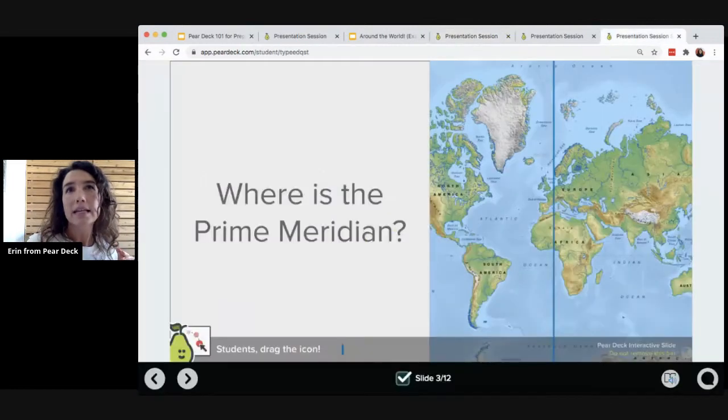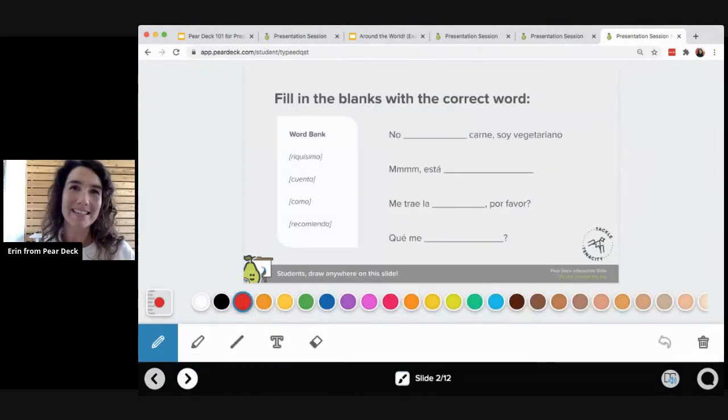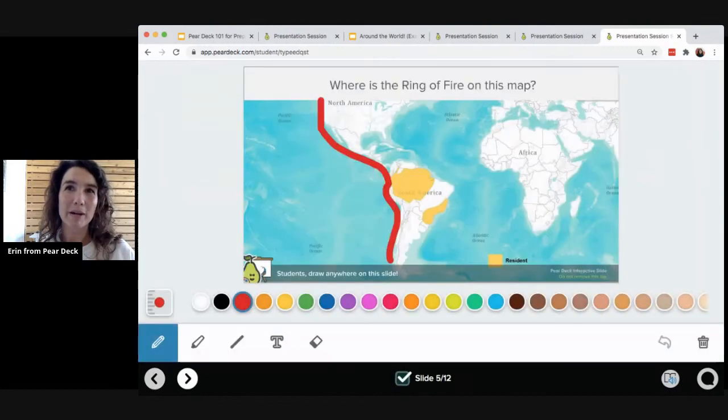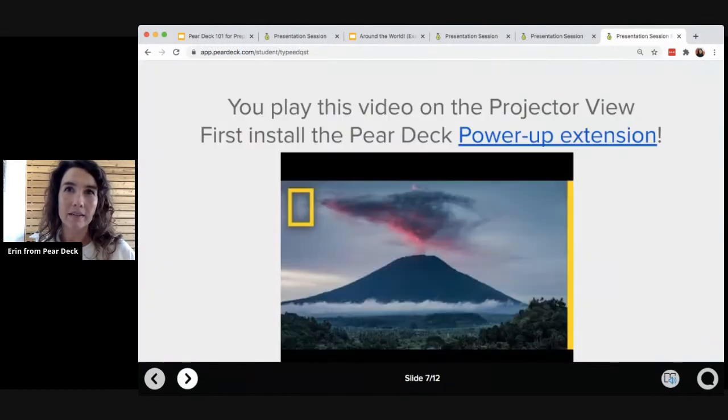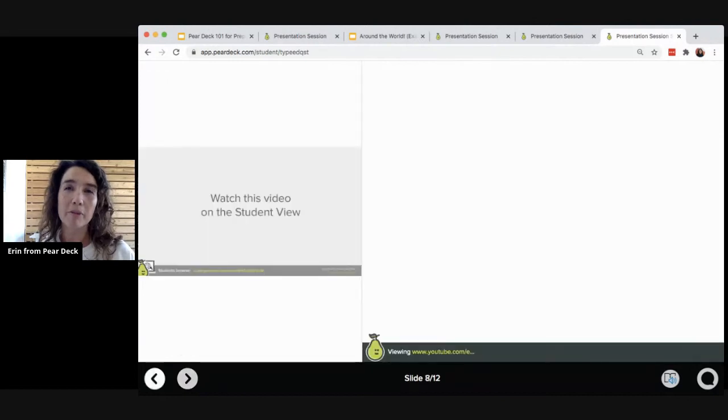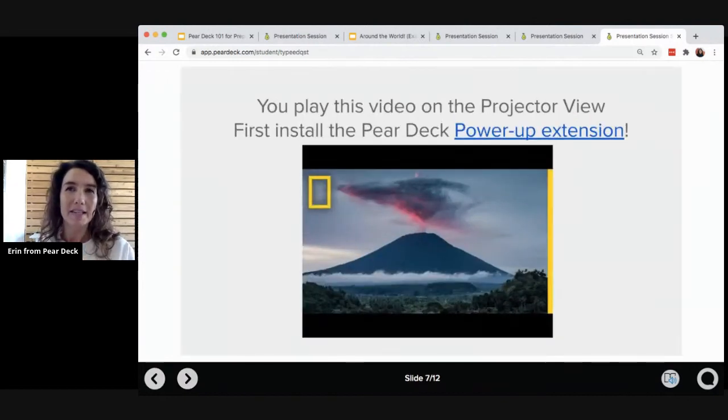And here is the student view. And importantly, you can see on my student view, now I have arrows at the bottom of the slide. I'm just going to click through the slides as a student, and now I can leave responses to anything that comes up. Now remember that this slide with the video that I put